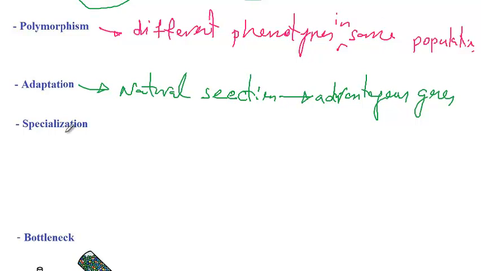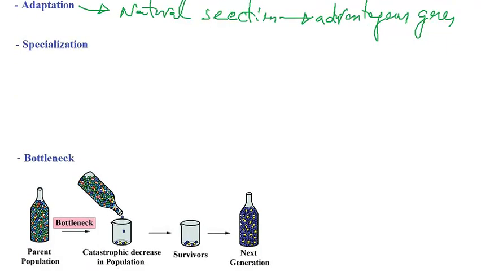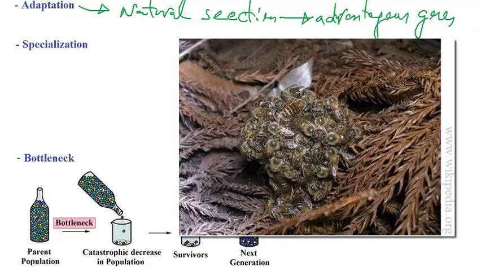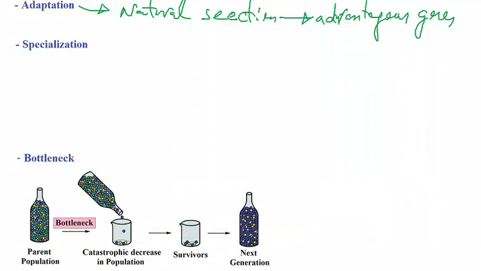The next phenomenon that leads to speciation is specialization, where certain traits or behaviors are adopted by members of a species in order to survive better in a certain environment. And one example is, for instance, Japanese honeybees that are surrounded by a large population of Asian hornets. And so anytime a hornet enters the nest of these Japanese honeybees, these honeybees will surround the hornet and start to vibrate in order to increase the temperature of the hornet, which leads to its death. On the other hand, European honeybees don't have this behavior, as a consequence of which they are defenseless against Asian hornets. So this is one example of specialization where there is adaptation